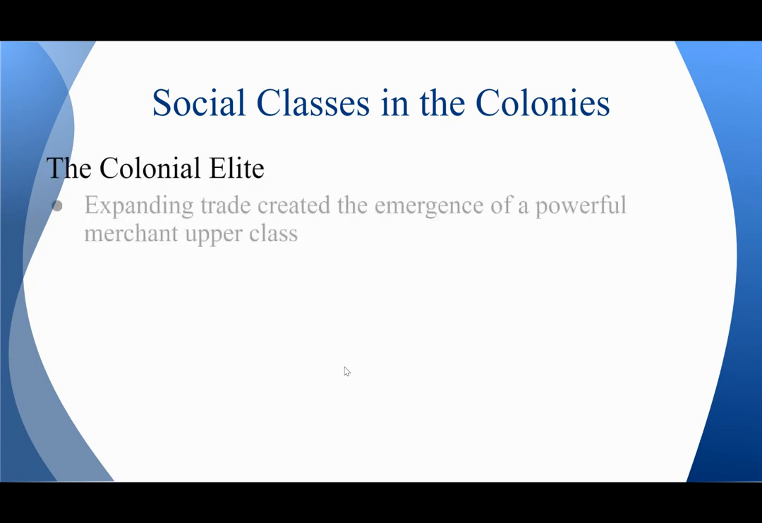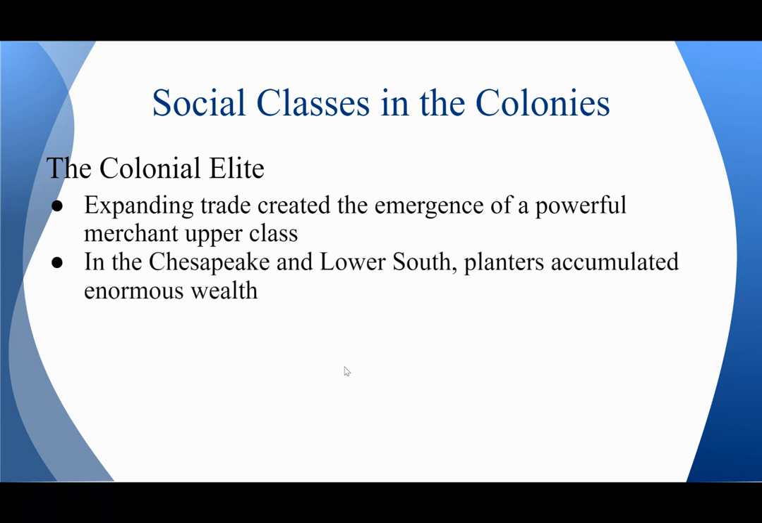And so what happens is, even though there is not an aristocracy in the colonies like there was in England, as trade continues to expand, we see the emergence of a very powerful merchant upper class. So we already have an upper class of plantation owners in the South, who were your really wealthy people who own a lot of land and a lot of slaves. But we also start to see an upper class of merchants and traders that starts to develop in cities